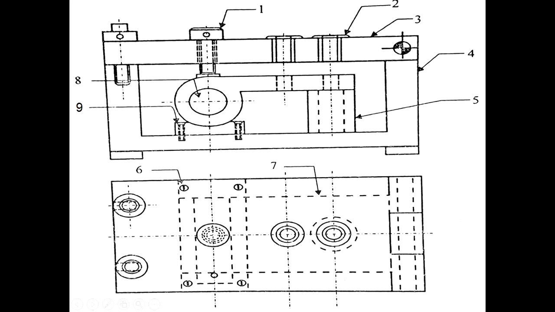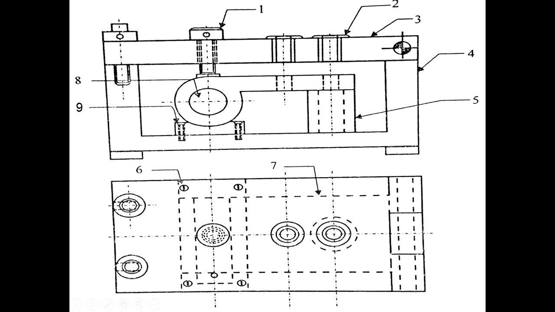We can see the assembly in the front view and in the top view. Okay, so this is the component which is being given for drilling, and these two holes we have to drill of 10 mm diameter. Now the locating is done here on the profile locator. The profile locator will match with the outer shape of this workpiece, and it is matching with the profile, that's why it is called a profile locator. Instead of this we can use a V locator also. Okay, so a V locator can also be preferred here instead of the profile locator.